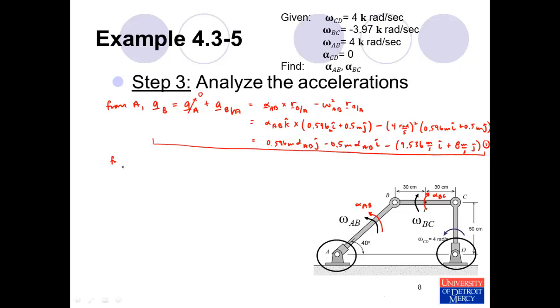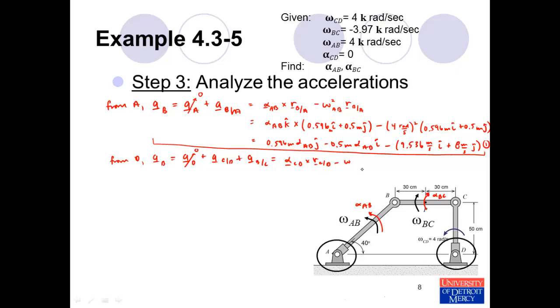And then we do the same thing starting at point D. Find the acceleration of point B. It's the acceleration of D plus the acceleration of C relative to D plus the acceleration of B relative to C. Since D is a fixed point, its acceleration is 0. We can consider point C as moving in a circle about point D. Has the same sort of form, alpha CD cross the position vector of C relative to D,